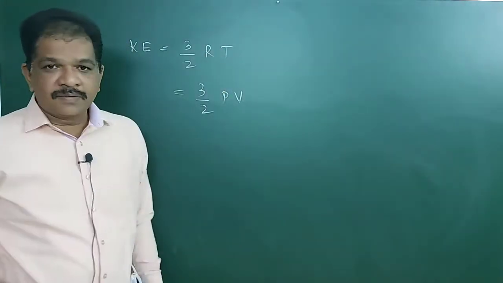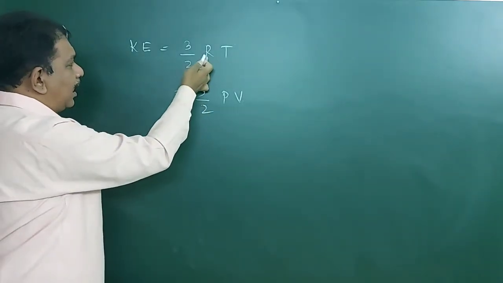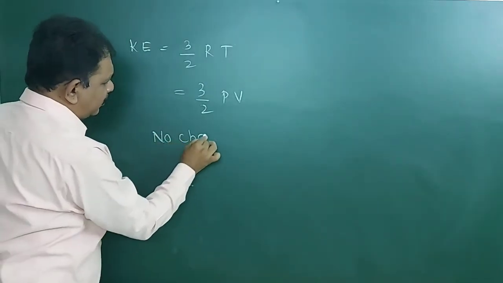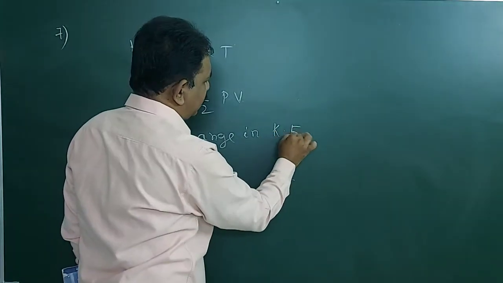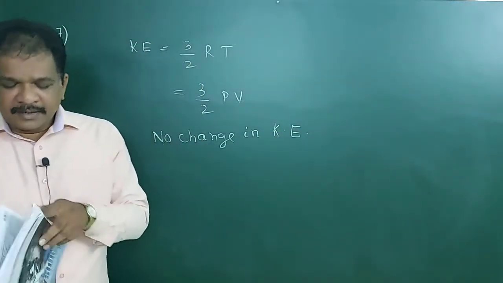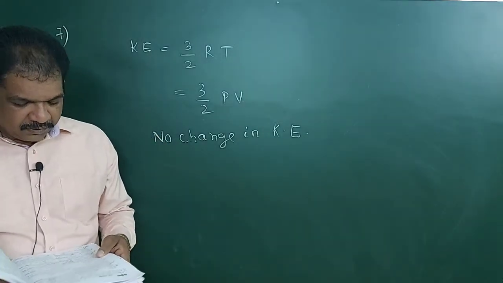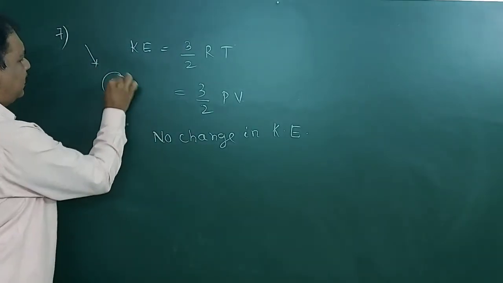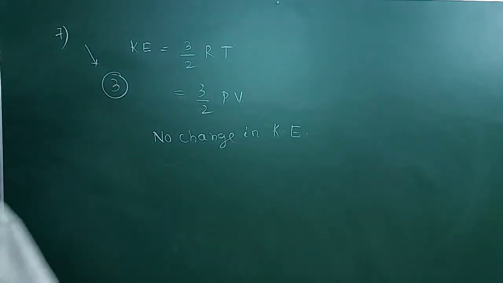If you take this formula, temperature remains constant, already R is constant, there will be no change in KE, because temperature remains constant. So seventh question, it will be third option. Clear? Next,